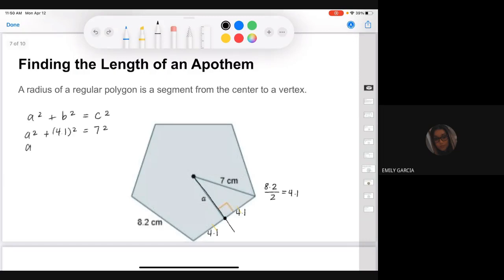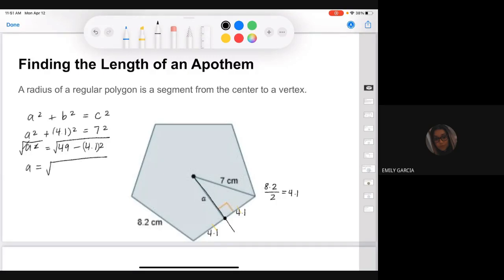I'm looking for a squared equals 49 minus 4.12. Oh, I'll make it like that. Okay, now I'm going to solve. I solve by taking the square root to get rid of the square. A is equal to